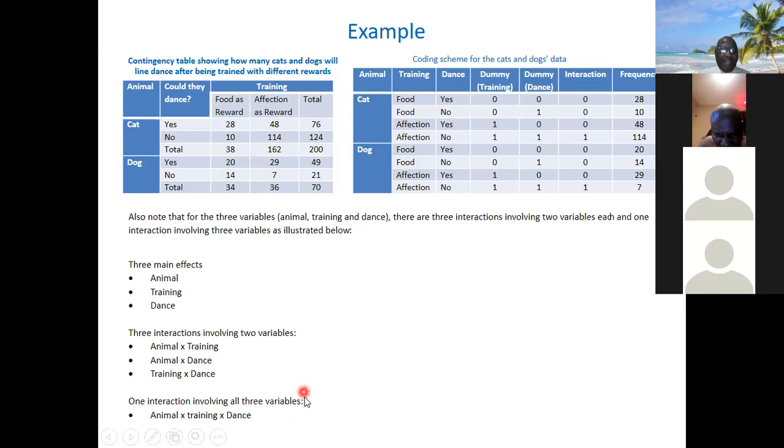Can you see? Then one interaction involving all the 3 variables. So we have 3 main effects, 3 interactions involving 2 variables, and 1 interaction involving 3. Here under the main effect there are 3. Under the interaction involving 2 variables there are 3. Under the interaction involving 3 variables, 1. And somehow you will see when we try to do